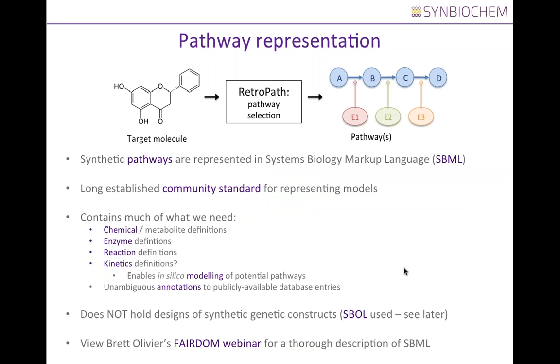So, pathway representations. When we generate our pathways, we generate them in a particular standard. So we use the standard SBML. SBML is a long-established community standard for representing models, and it effectively allows us to mark up this particular pathway here in a well-used, mature XML standard. It contains much of what we need. So it allows us to define chemicals and metabolites, enzymes, reactions. We can even specify kinetics and kinetic parameters in there, which allows us ultimately to do in silico metabolic modeling